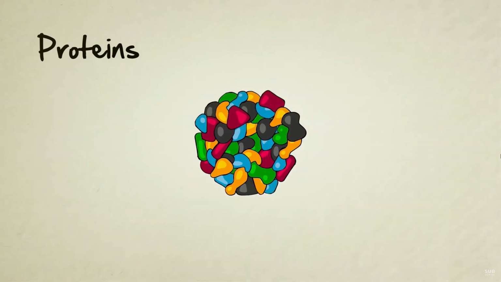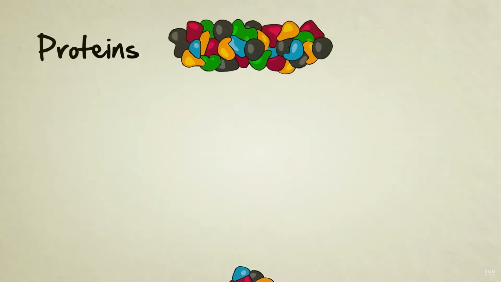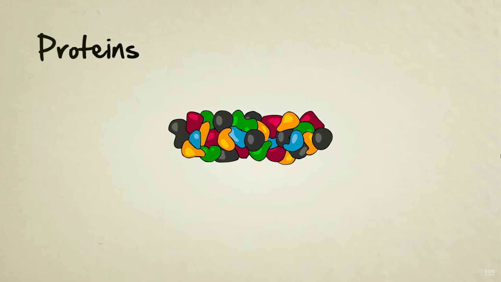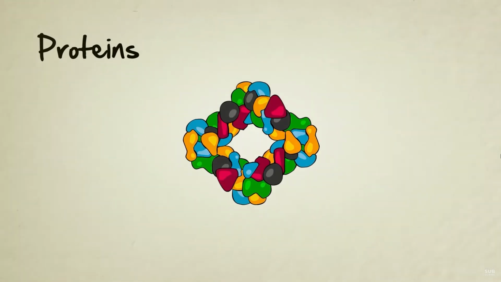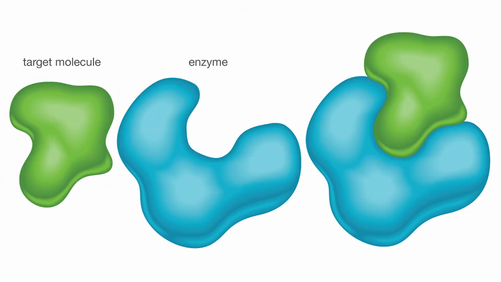Once built, the amino acid chain twists and folds to form a protein's 3-dimensional shape. A protein's shape is linked to its function. For example, collagen is a protein that folds into a long fiber-like chain. It strengthens skin. Other proteins called hormones deliver messages to cells by fitting into specific locations on target cells, like a key in a lock.